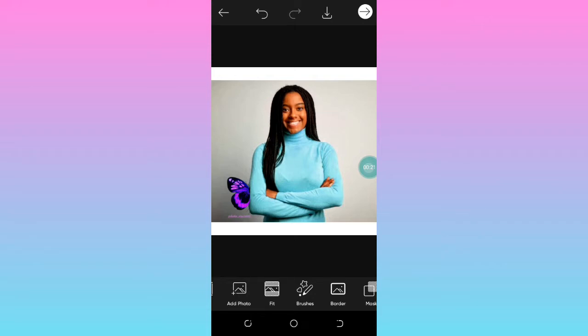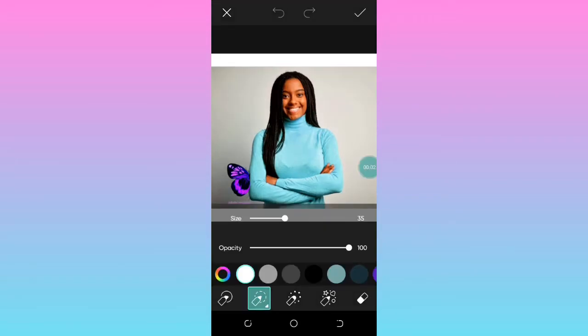Once you are done with the fit, the next icon is called brush. This brush has several icons, tools used to enhance the looks of your background or the photo. So let's go to brush. Once you're in the icon for brush, you have several pencils that are used for